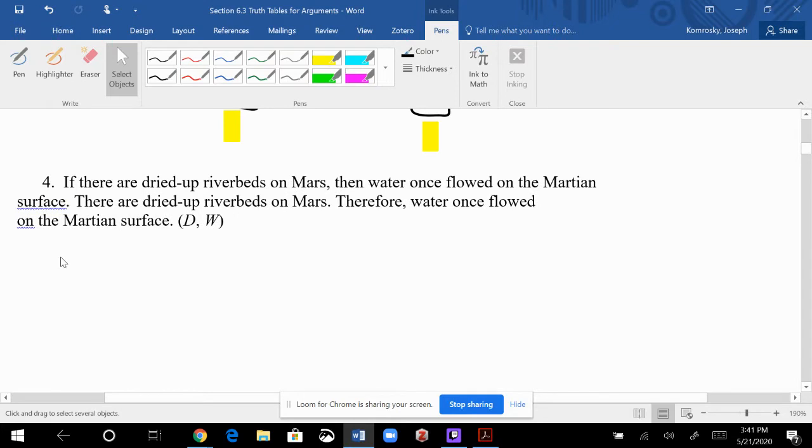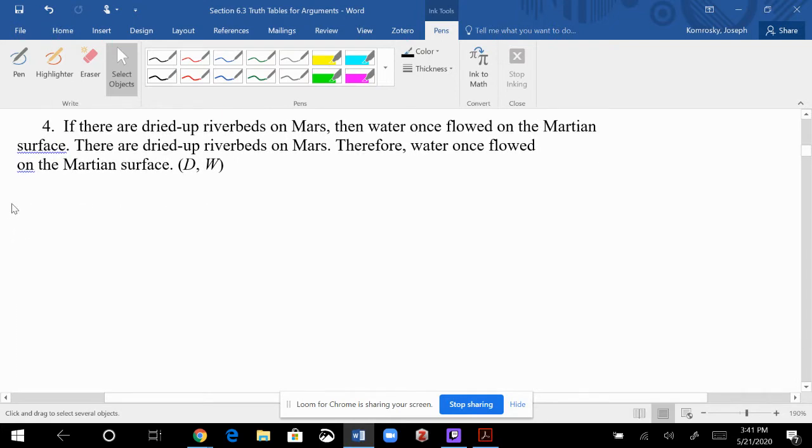Okay, so 4. By the way, these are starred in the back of the Hurley text or in the MindTap, so the answers are already given to you, but I'm showing you how to do them, okay? So that you can walk through it with me. So right now, you could push pause, do it yourself, unpause, and then say, did I do it right? Because the truth tables, remember in this last video, I told you, the only way you'll get good at these is doing them by yourselves. Okay, so